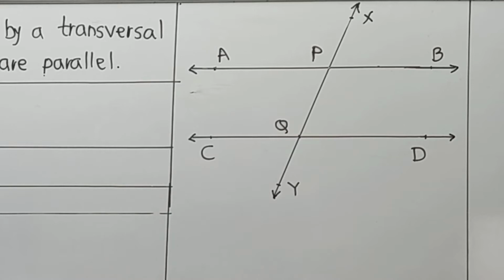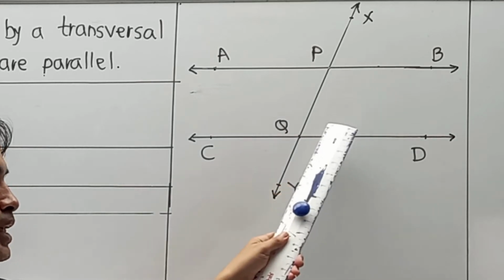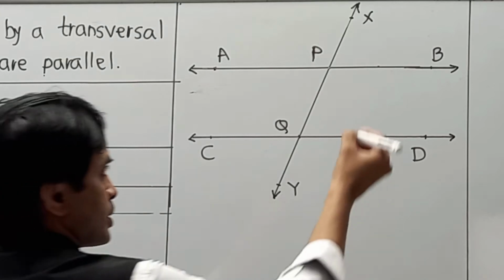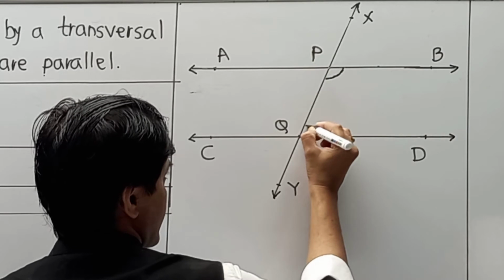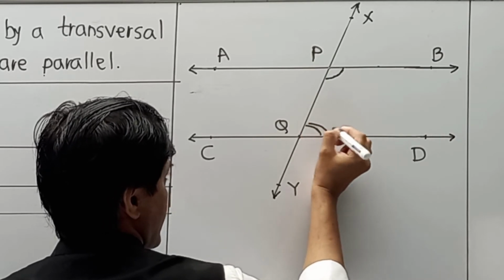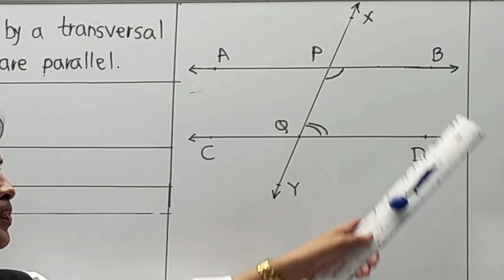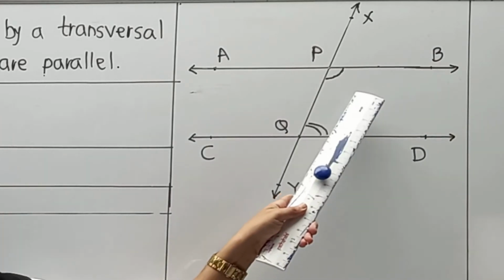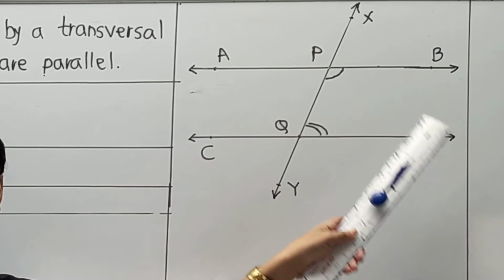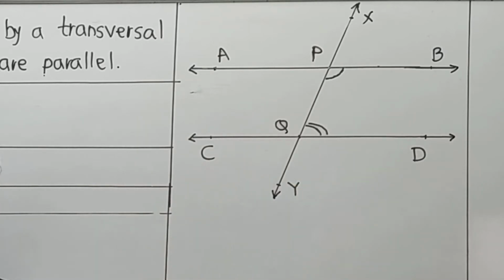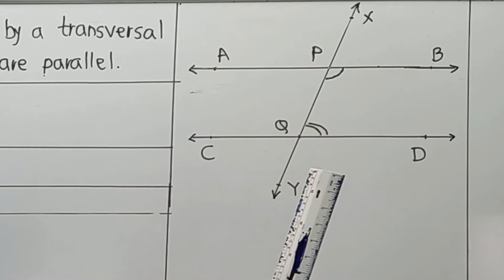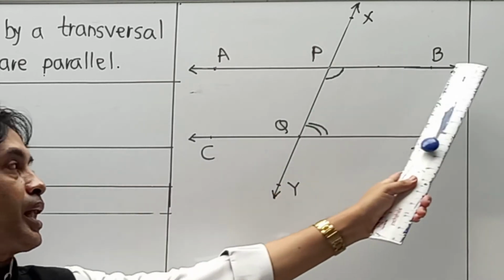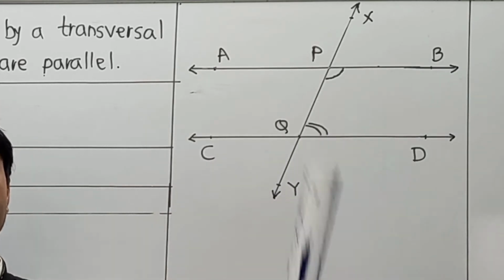We have to take any one pair, so I am going to take the first pair of interior angles over here. I am talking about this first angle and this second angle. Let us assume that they have given angle BPQ, meaning angle P, and angle PQD, that is angle Q. Their addition is 180 degrees, which they have given to us. And after that we have to prove that if the addition of the interior angles is 180, meaning supplementary, then line AB is parallel to line CD. That part we have to prove.